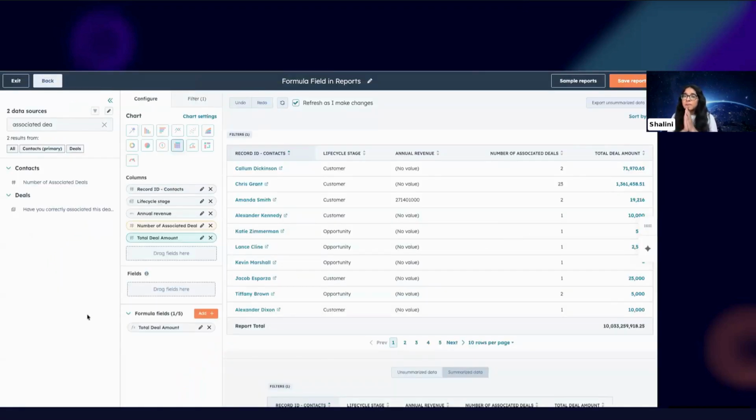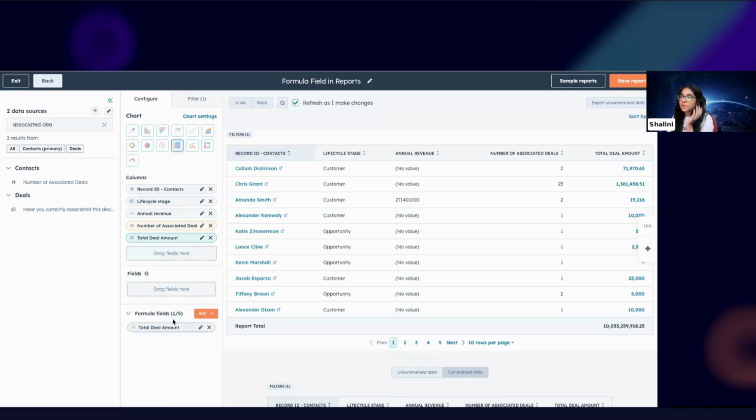So what happens is whenever you go to create a custom report, this wouldn't work for single object reports, only custom reports, because that's the functionality of it. And let's say you have a report here, which I have is all contacts, and I want to see their deal amount, like the total deal amount associated to them if they have multiple deals. So instead of exporting that information, putting it in a spreadsheet, and then calculating all of it, this simplifies things